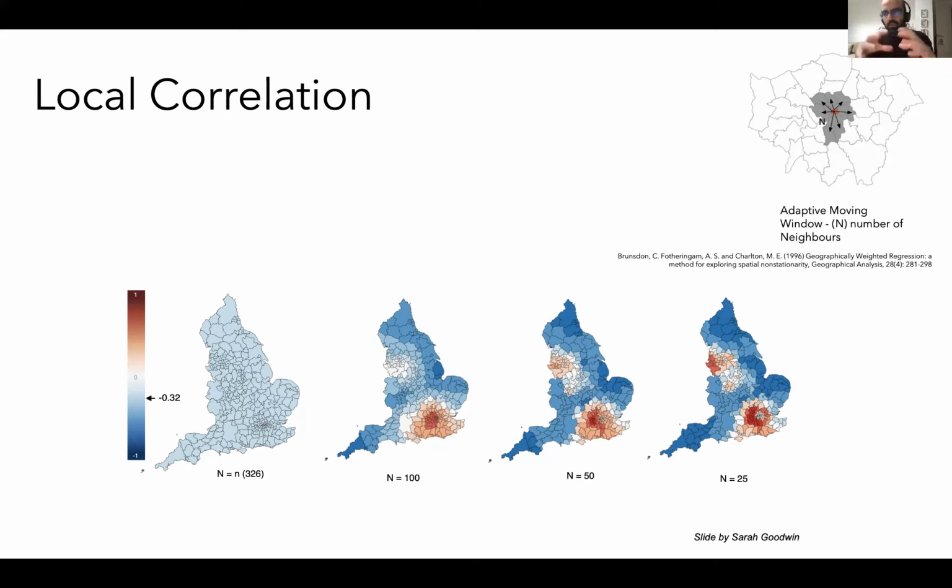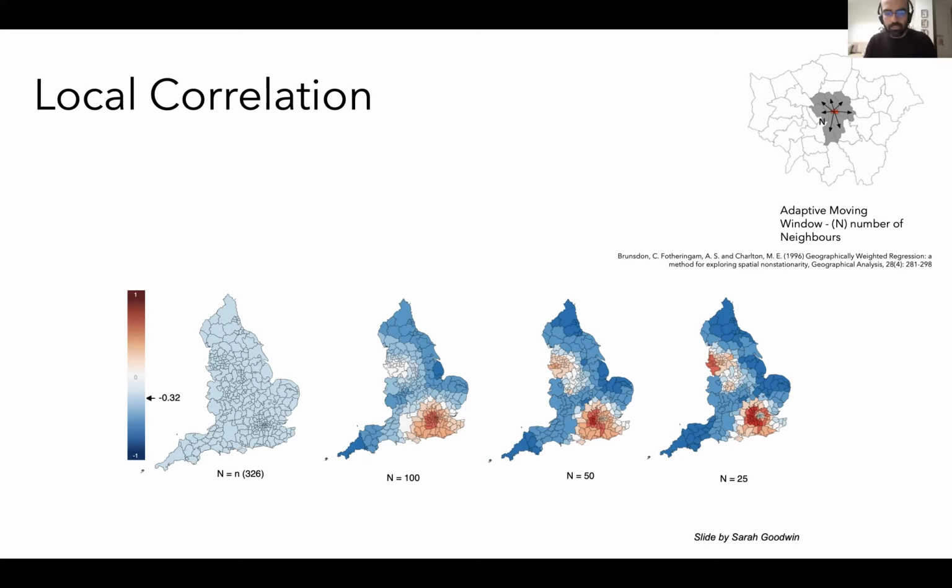What you do is that for each location on this spatial map, you consider the locality of that region. So instead of computing a global measure, you visit each location on this map. In this case we have 326 areas, so you visit each of the 326 areas and consider the neighborhood